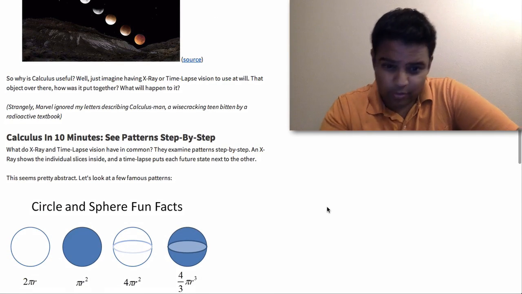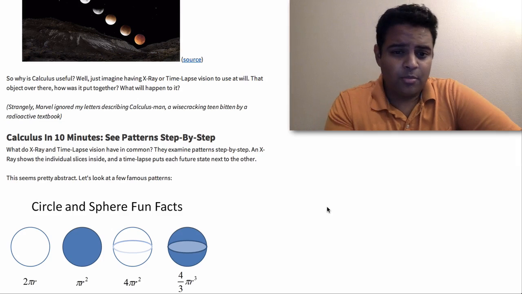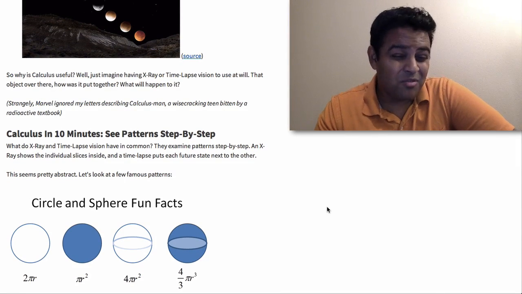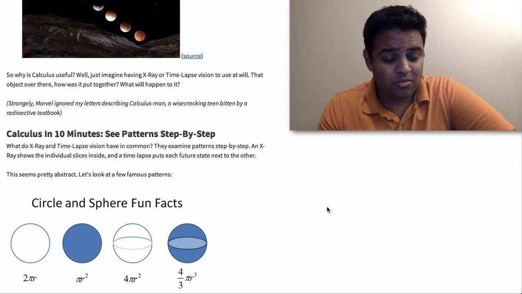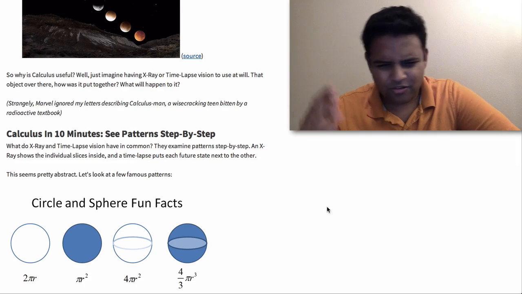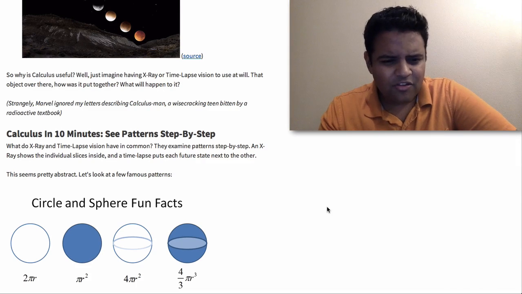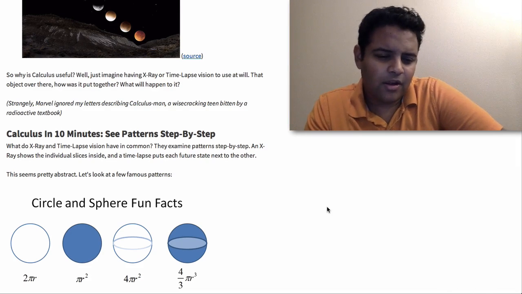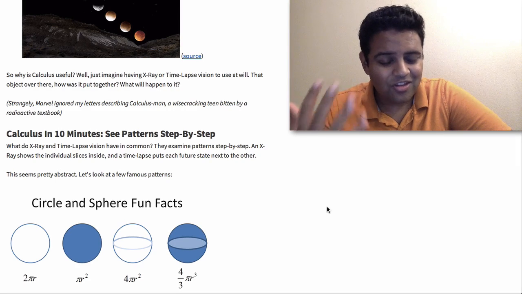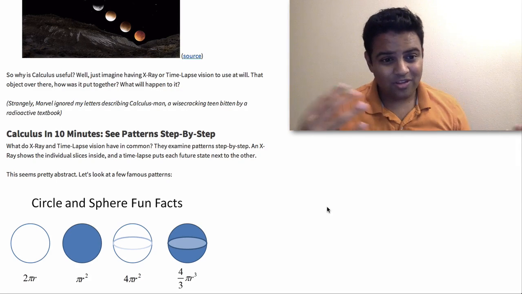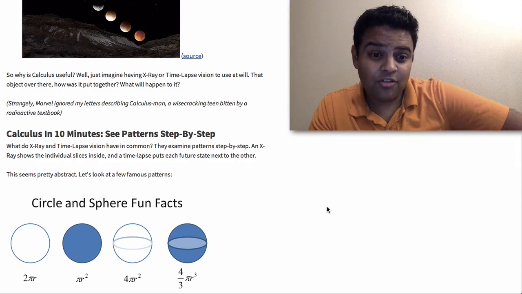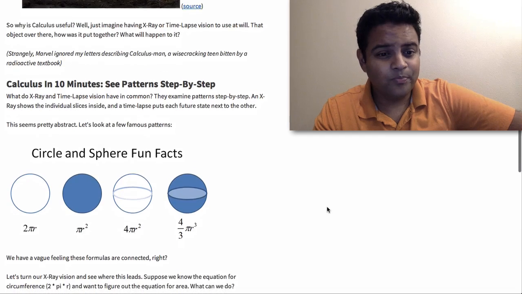So, like we said, we're talking about geometry. Here are a couple of geometric facts that you might have seen before. And honestly, you probably had to memorize them, right? I usually have to. It's just a bunch of pi's and r's and 4's and 3's and squares. It's a lot of stuff, but it seems like they should be related, right? And they are related, but we don't really have the insight to see it without calculus. Calculus gives us the viewpoint which makes these seemingly different facts click. So let's try it out.